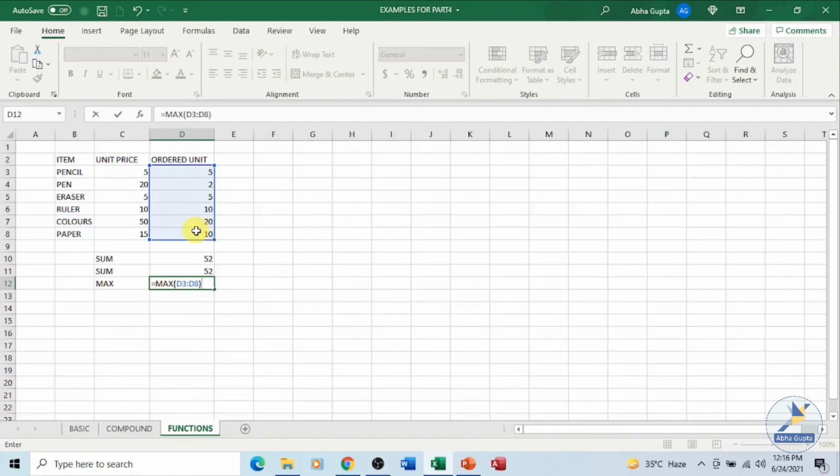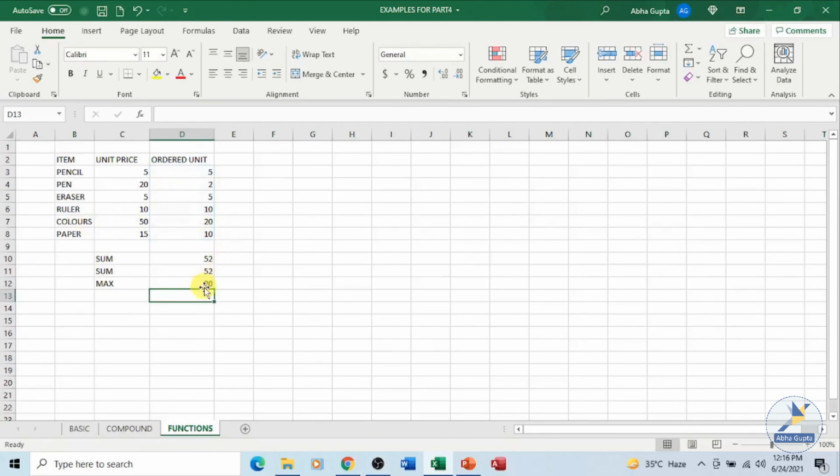Close the parenthesis and press the enter key. Now if you look over here, the maximum unit which has been ordered is for colors, so we should get the answer 20. Press the enter key, you got the answer as 20. So from the given range of cells, it will find the maximum quantity and will place it in the cell.